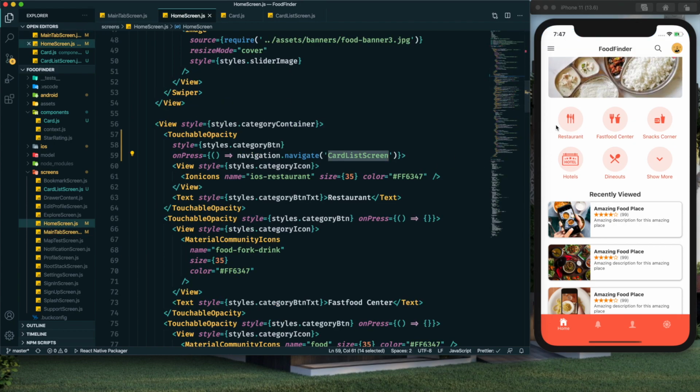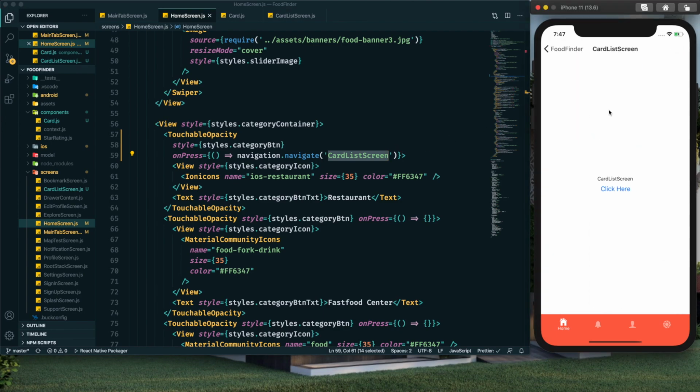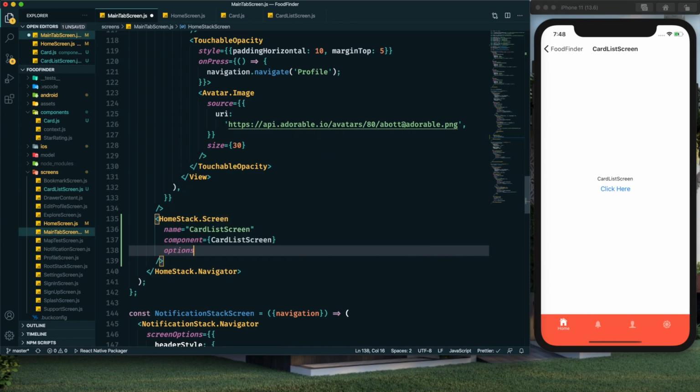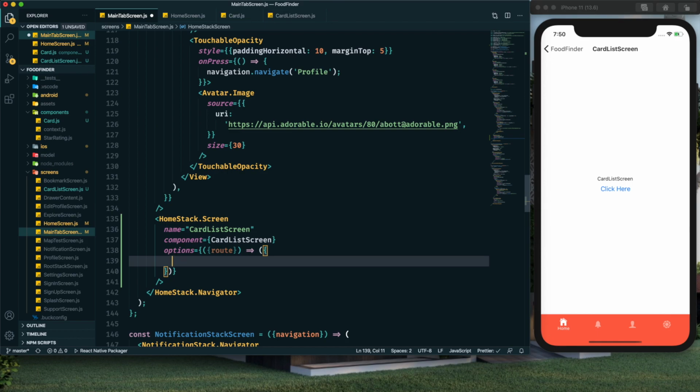Now after that, let's click on this restaurant category. Now I want to do some customization. Right now we are visiting a category screen, and I want to display that category name here in this header title. So let me do something in this home stack screen. Here we have some options, and in this option we will accept the route, and through this route we can pass some parameters.